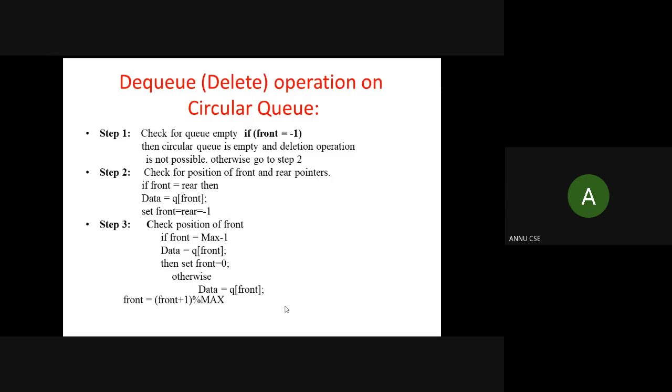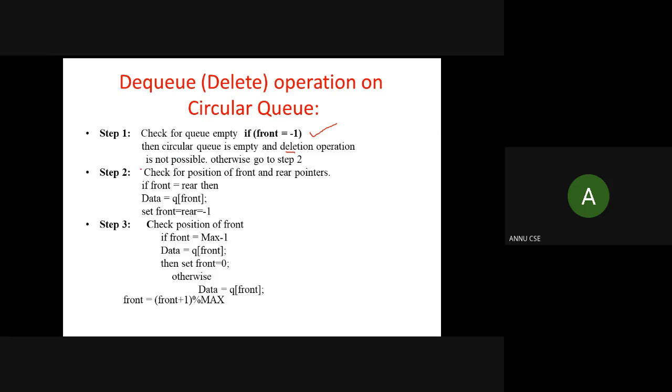Again, the deletion process is quite the same as we used in the linear queue, because there is no difference in the empty queue. The same condition we are checking for the empty or underflow situation. If underflow is there, you cannot delete, and we need to exit here.